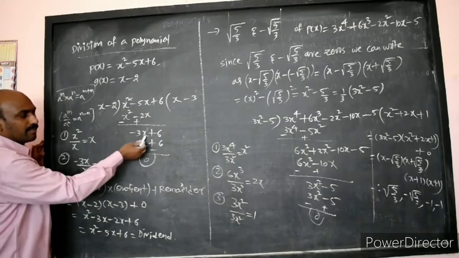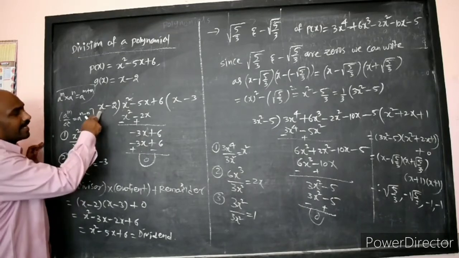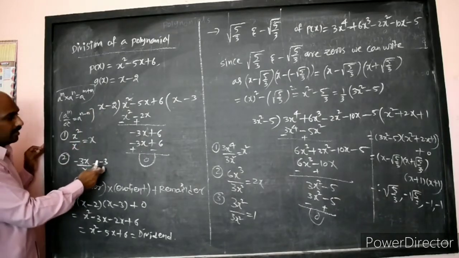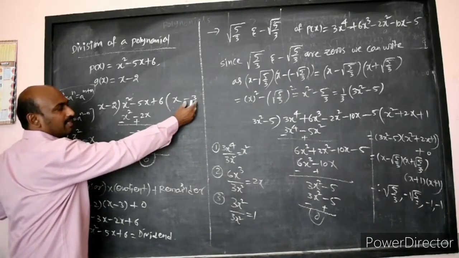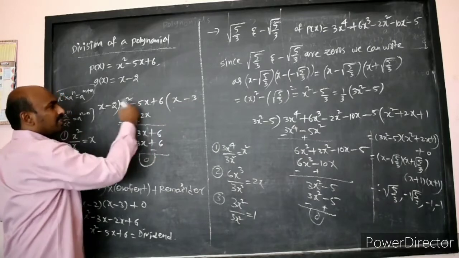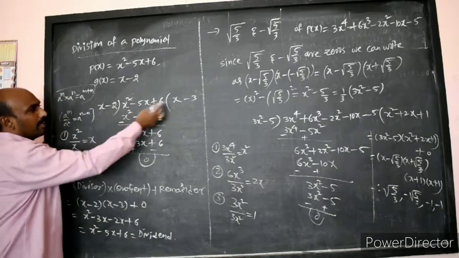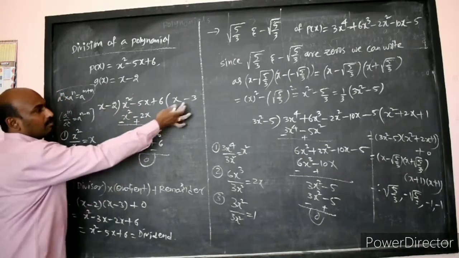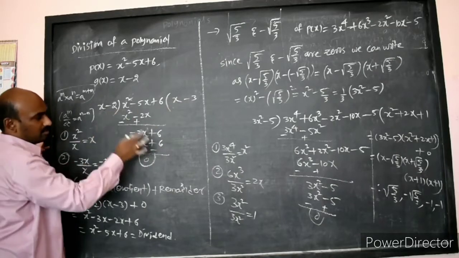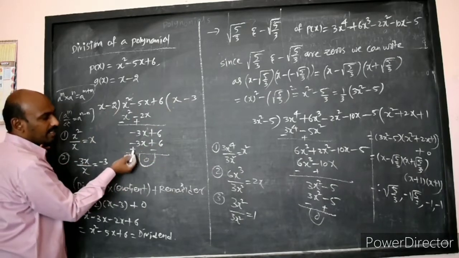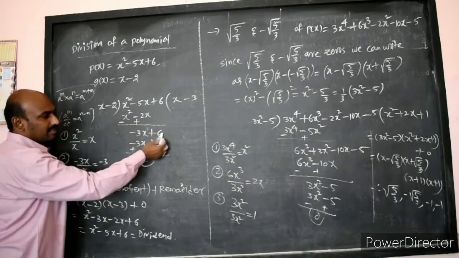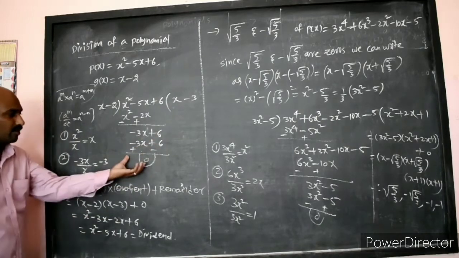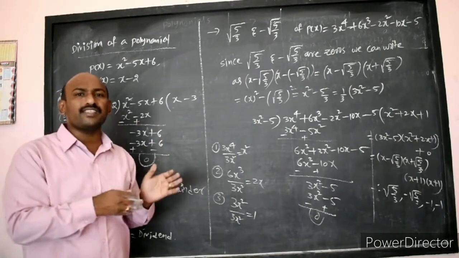Here the leading term is minus 3x by x, then you will get minus 3. Then the second term in the quotient of this polynomial is minus 3. Multiply minus 3 with each term in the divisor. Minus 3 into x is minus 3x, minus 3 into minus 2 is plus 6. Then subtract, the signs will change, plus, minus. These two get cancelled, 6 also gets cancelled, giving 0.